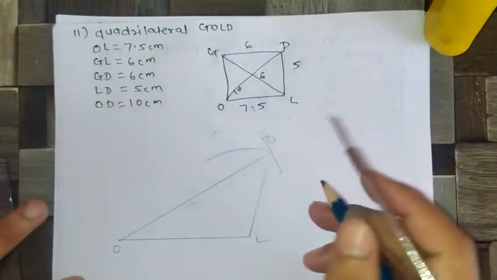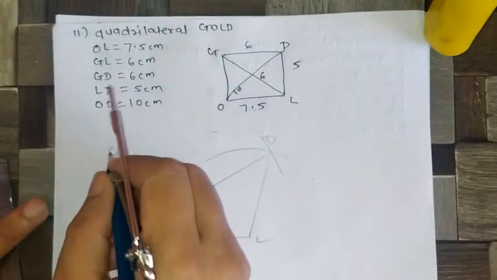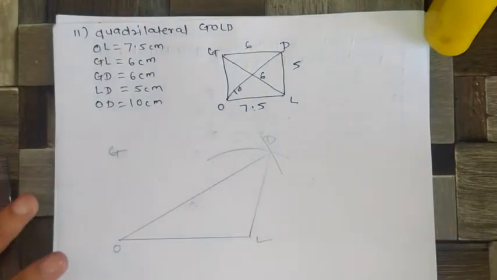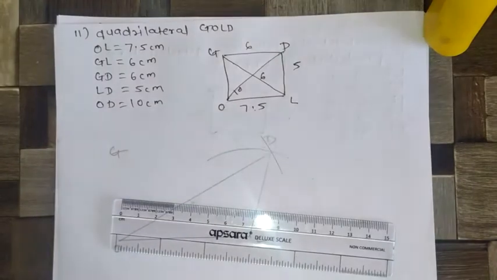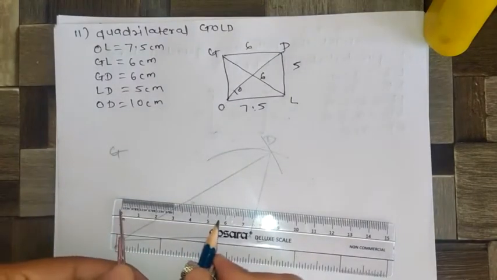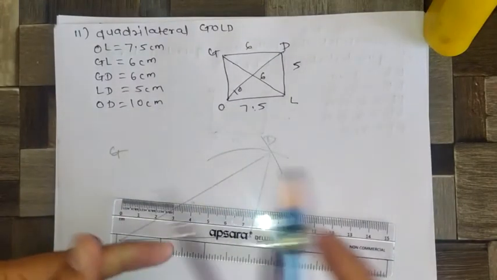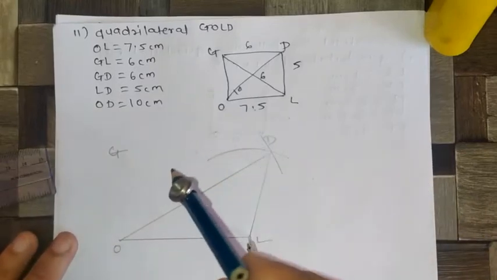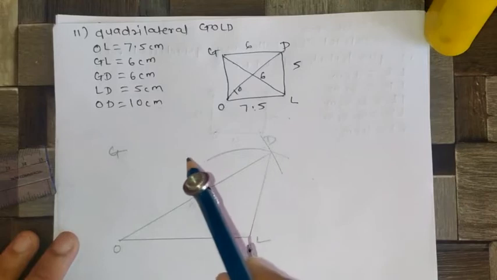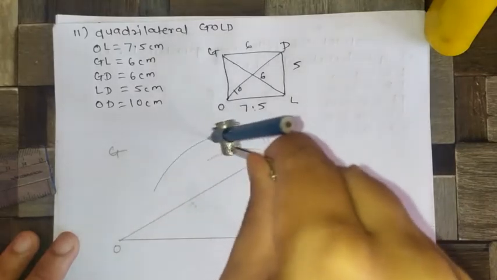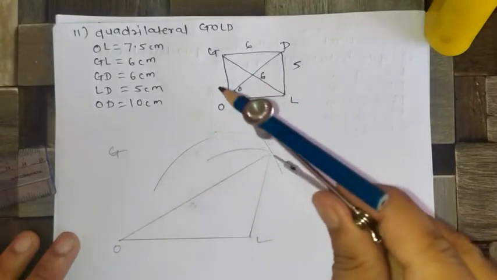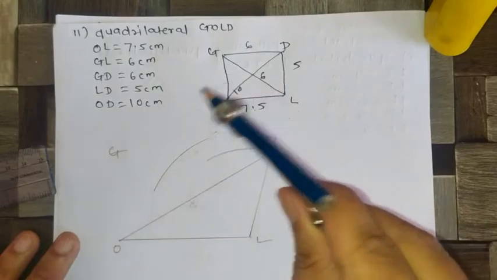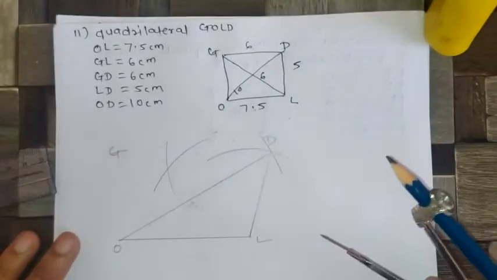Now here you have to think about the next point G that we are going to get. So their distance is given, LD is 6 centimeter. So after taking this, you make the arc, as we are going to draw L and G, LG side. So you make the arc. Same distance is there for GD. So take D as a center and make the arc.